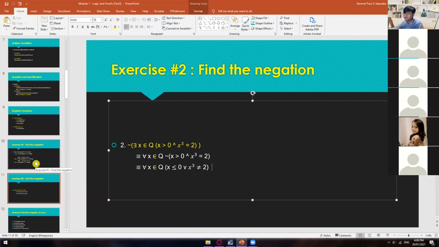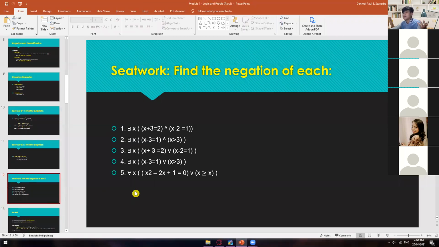Anyway, once you're done trying to understand the negation of this expression, you can now answer these exercises. I only gave 5 numbers. So I'll leave this one to you guys. All right, so answer this one using Microsoft Word,